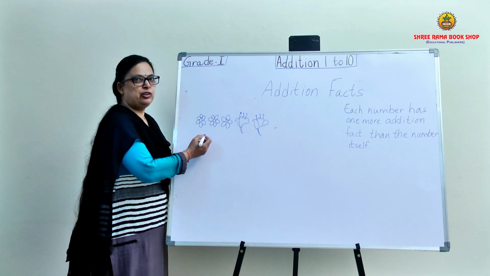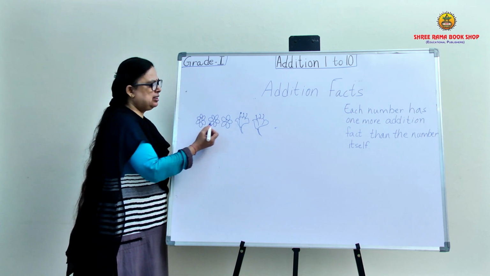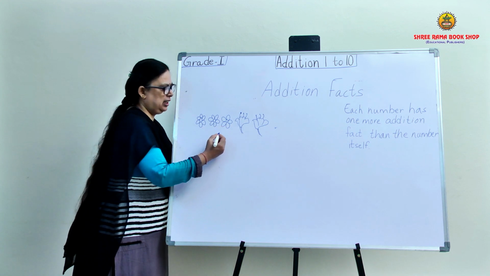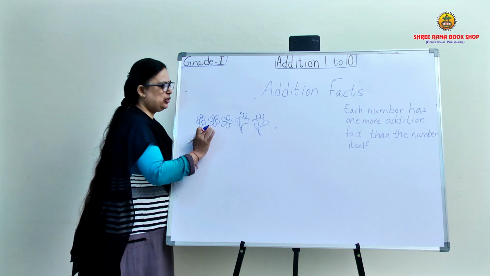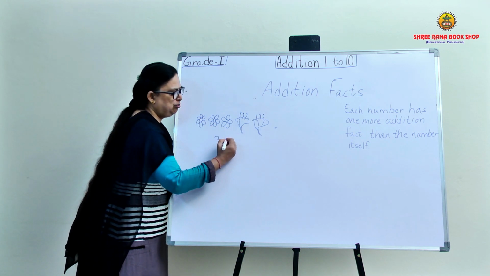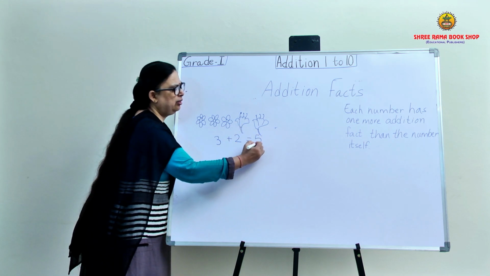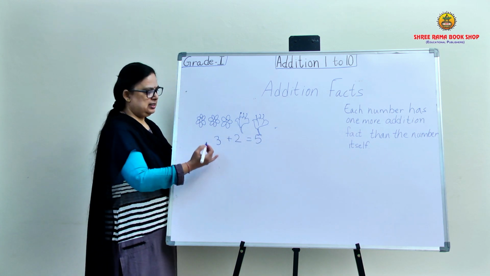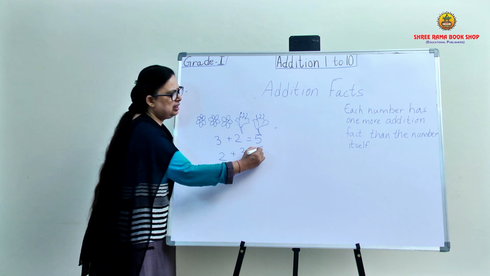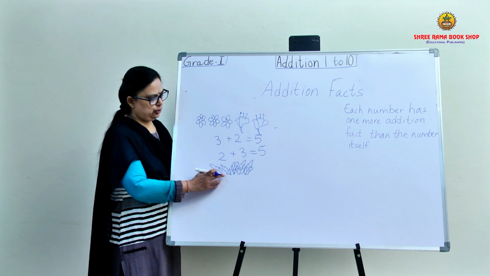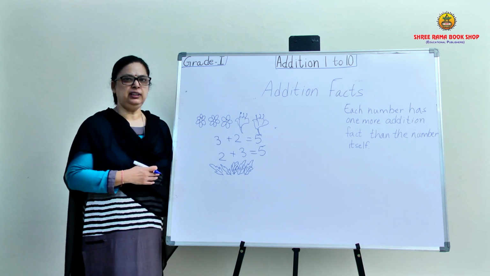Can you see now? I have drawn some flowers. We have the same kind of flowers. How many are there? 1, 2 and 3, right? And then the other two are a different kind of flower, right? So 3 plus 2 is equal to 5, right? The same way, 2 plus 3 again is 5. See, 2 plus 3 is equal to 5. I hope it's clear now, children.